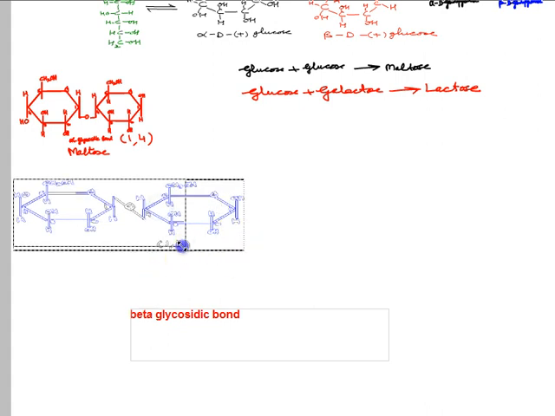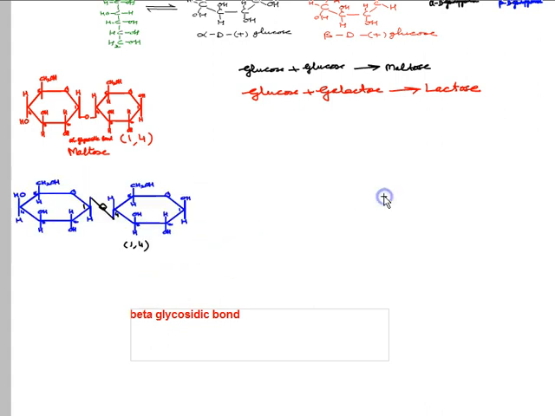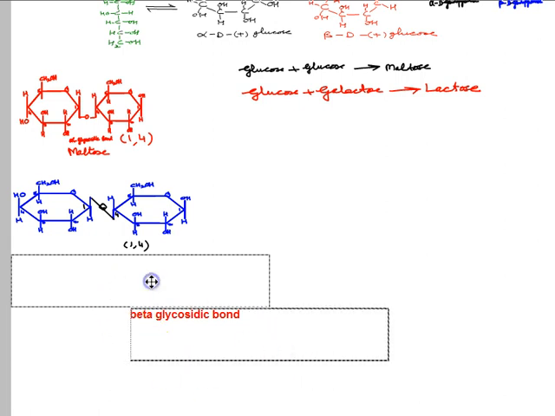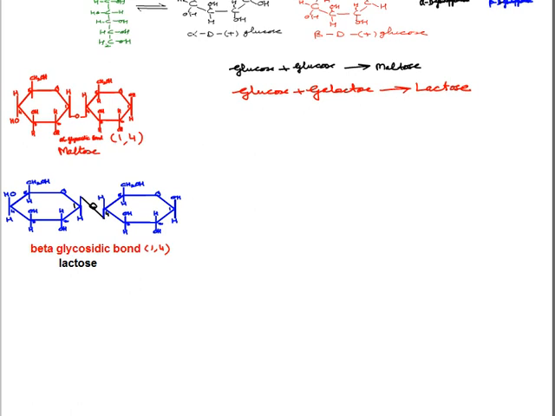Previously we have drawn the molecule of glucose. So now this is the molecule of lactose with beta glycosidic bond. Now another disaccharide which we are interested in is sucrose. We have already done maltose and lactose. Now as you are aware, a sucrose molecule is formed when a glucose combines with fructose. So when a fructose molecule combines with a glucose molecule, we get the molecule formed as sucrose.